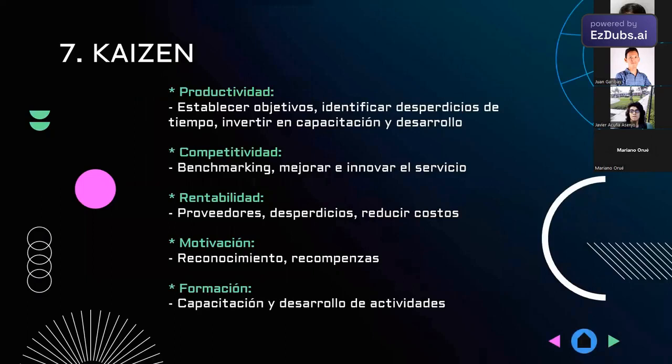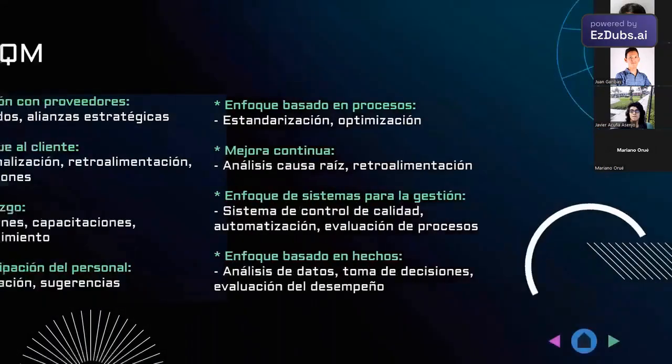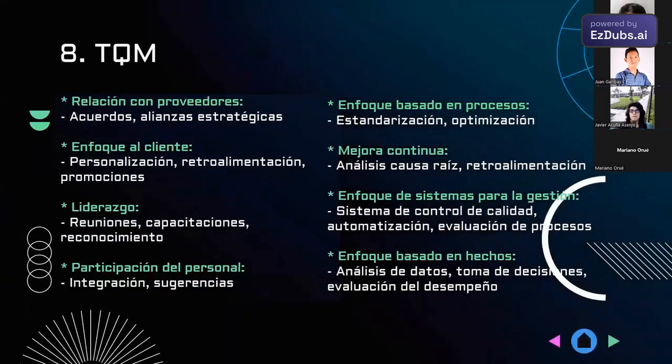Then we would have the Kaizen and the TQM, which are approaches to continuous improvement. Fútbol de Sabor, which was mentioned above, is a soccer-themed resto bar. At first glance, we are going to focus on customer service. Then, the processes that would allow this service to be provided were reviewed and problems were identified, such as the delay in taking orders and their payment. So here would be the improvement due to the change: the use of a mobile application.